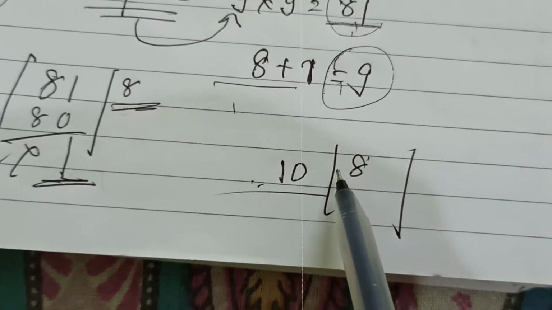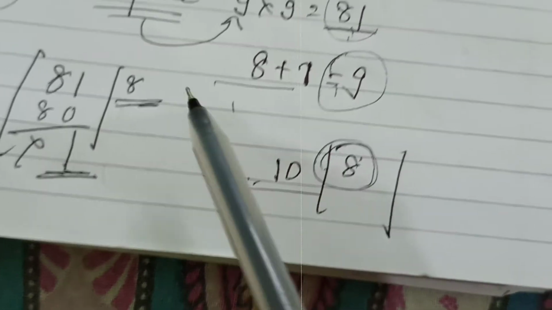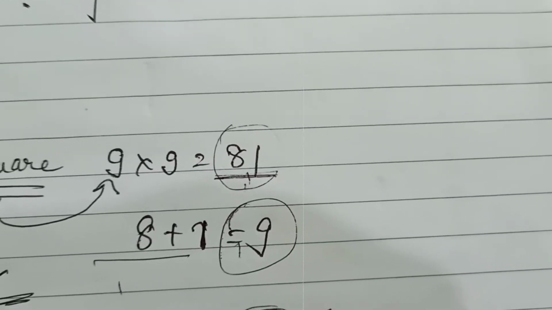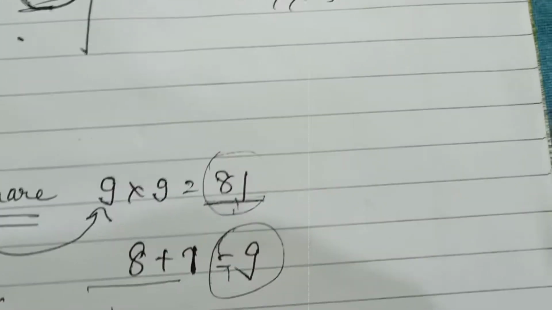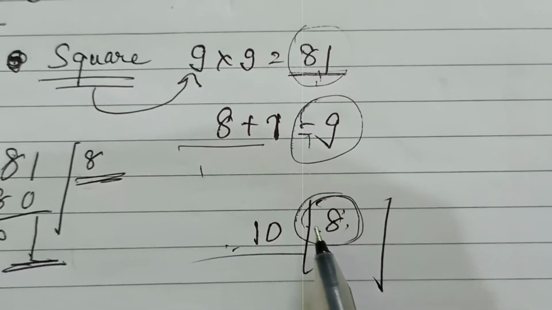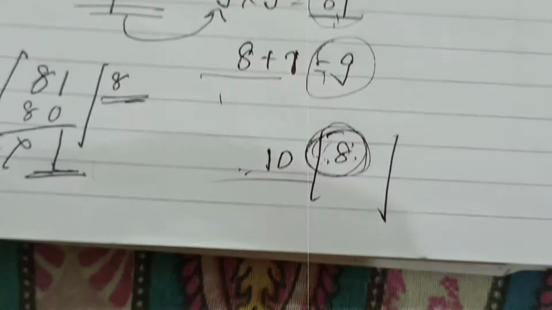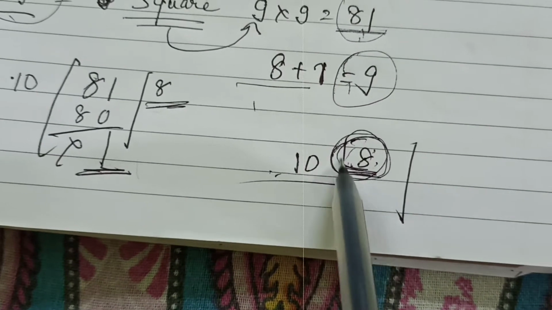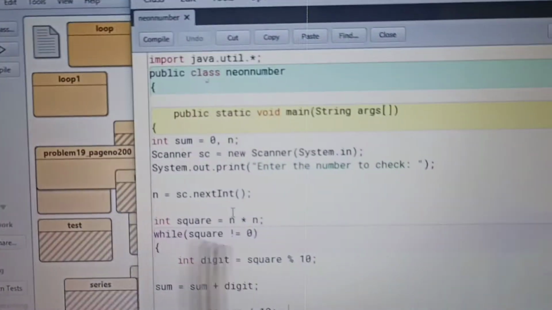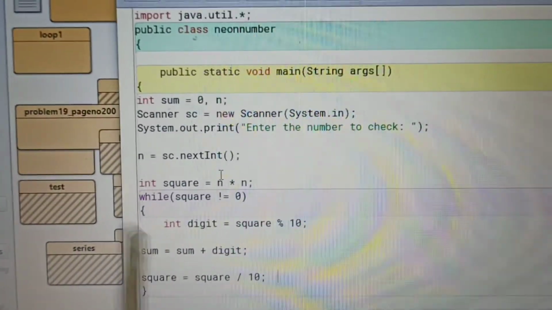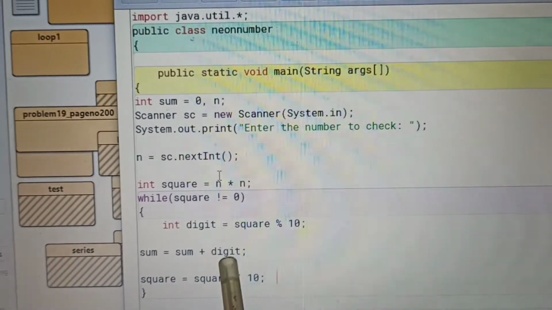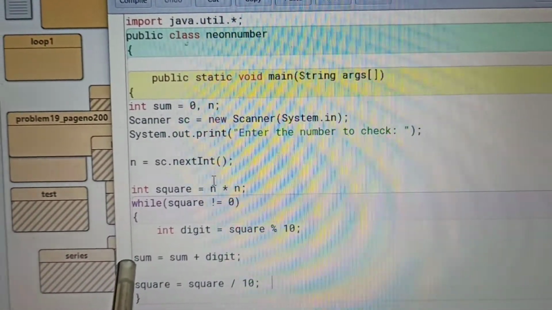As we already know, 10 cannot divide 8, so 8 itself will be the remainder. That 8 is going to be stored in digit. The previous value of sum was 1, so 1 plus 8 is 9. Now sum is equal to 9.